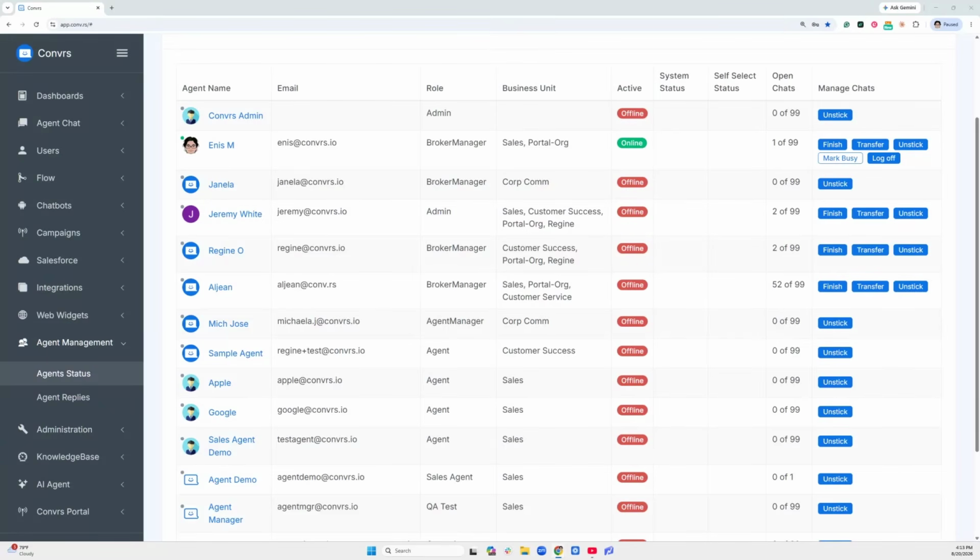Today I'll be showing you how to use the Convrs dashboard to manage access control of your team and the channels they may have access to, or if they are to be logged off because they've left the company, for example, and you no longer want them using your corporate WhatsApp accounts and numbers. So from the dashboard, we would go to agent status,